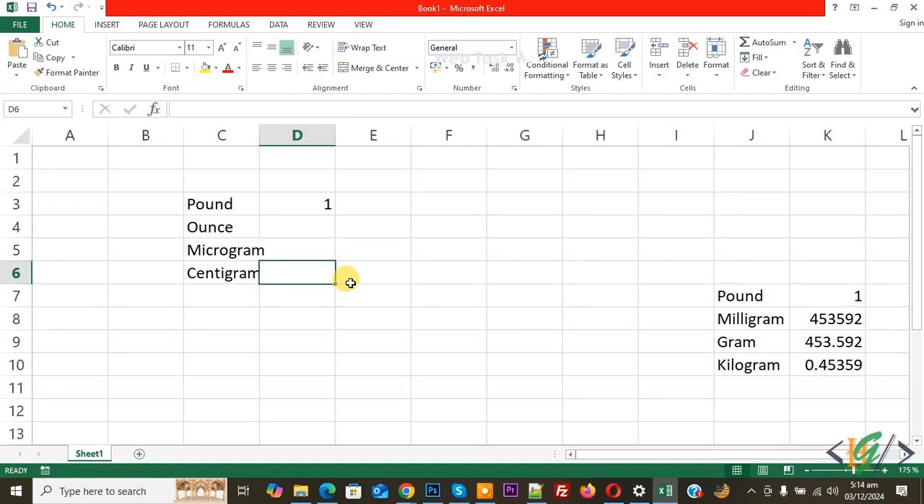Bismillahirrahmanirrahim. Assalamu alaikum. My name is Hassan and today we are going to convert pound weight into ounce, microgram, centigram